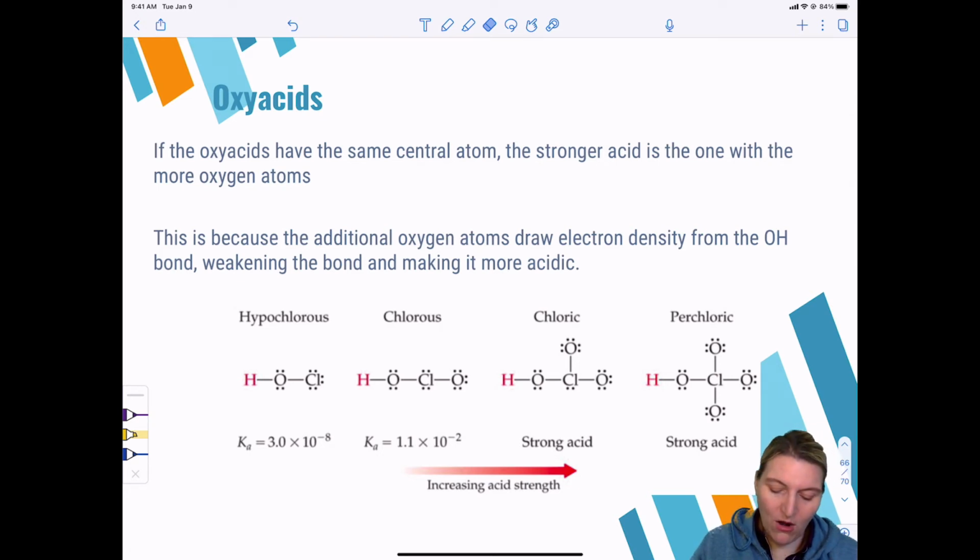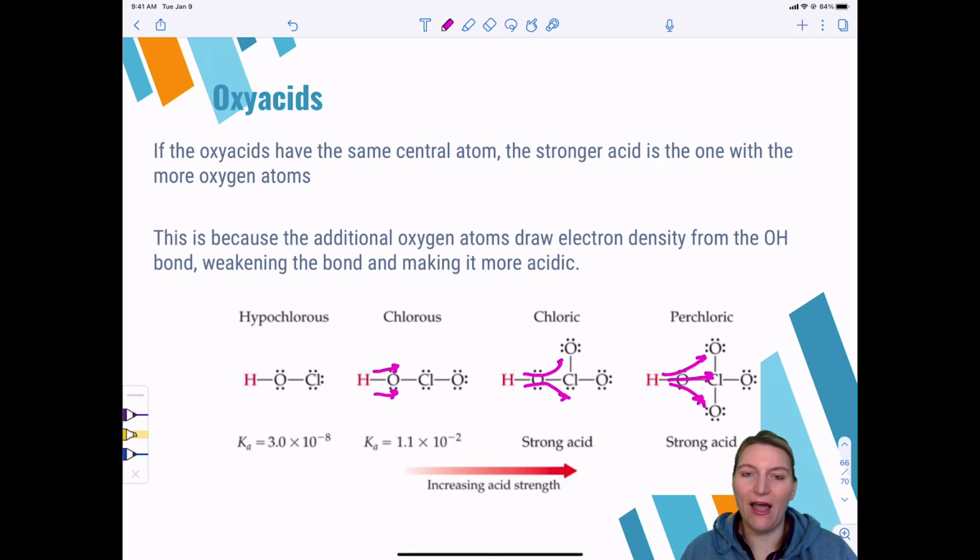So why is that? As you get more oxygens, it's a very similar explanation to the last one. As you get more oxygens around it, they draw electron density from this bond. So think of this bond right here. The electrons are pulled closer to all these electronegative elements, right? Oxygen is fairly electronegative. The electron density is being pulled more and more away from that hydrogen-oxygen bond. That weakens that bond. That means that it's more likely to break, and that hydrogen is more likely to be acidic, to be grabbed by water,